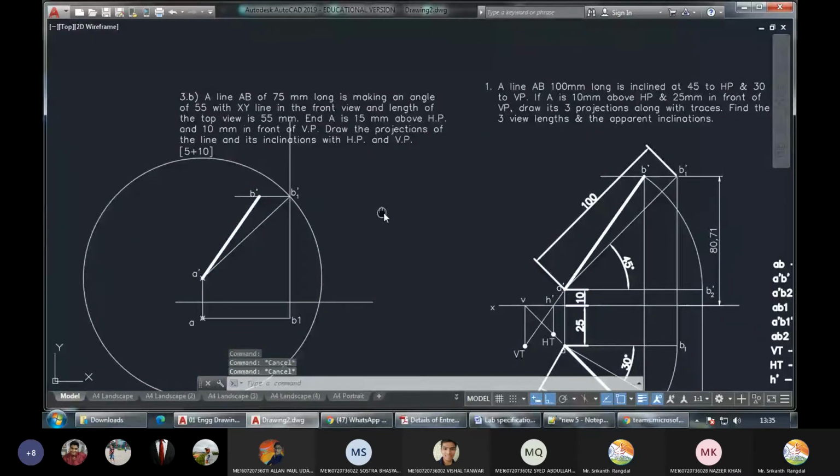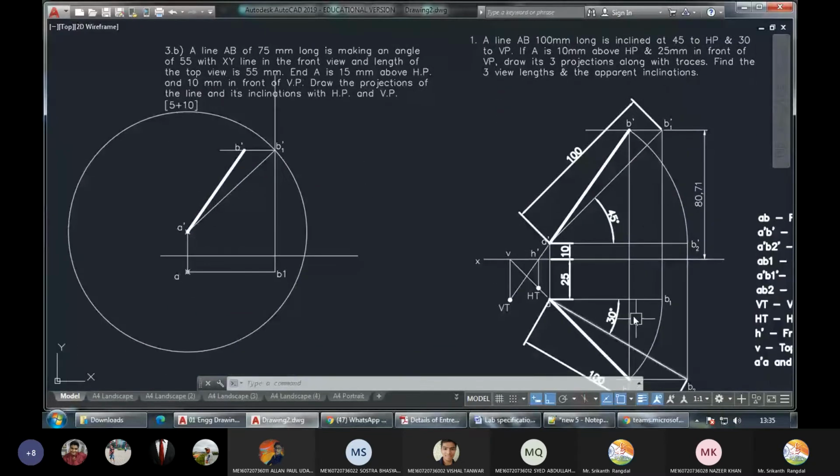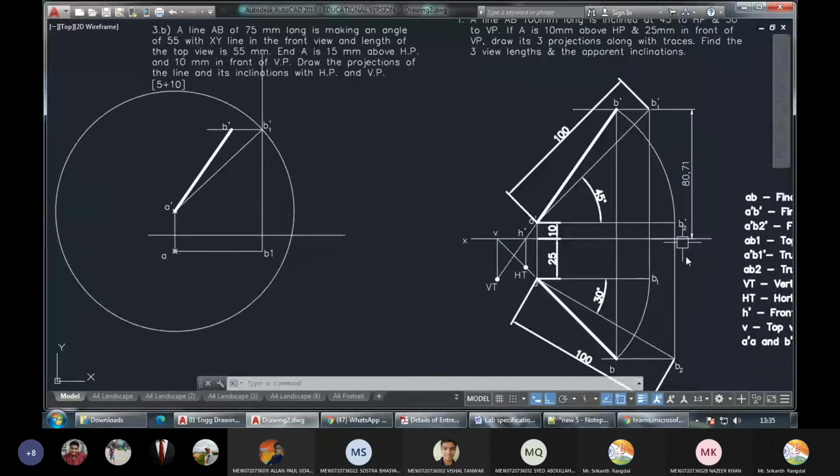So now we have to complete the lower part of the diagram also. How to complete the lower part of the diagram? Once again, you should look at the hints. So these two lines, we already got it. Now using these two lines, we should be able to draw these two lines. How to get this? To get this line, we need this line. This line we are obtaining from here. And this point, we are getting it from the front view. Correct? So go on to build this.